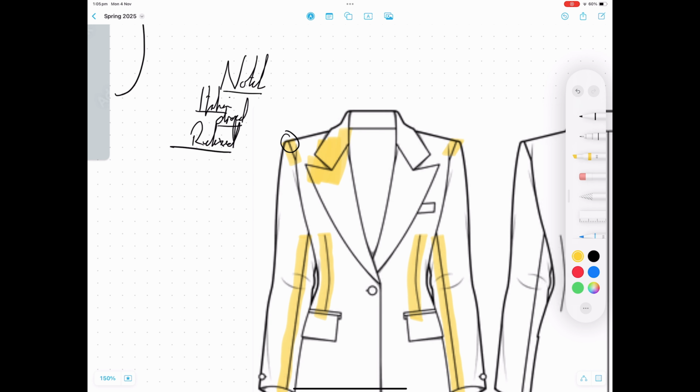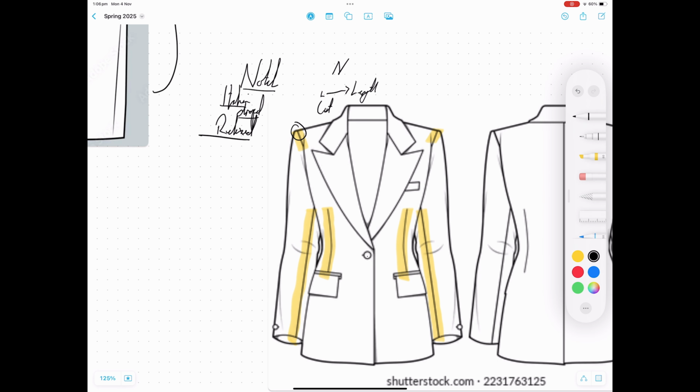But yeah, as well as that, the lapel, which, if you don't know, is this area here. It's this fold, it's the collar area of a jacket. If you don't know what a lapel is, I don't know why you're watching this video, but a lapel is this collar area, and it varies both in width and cut